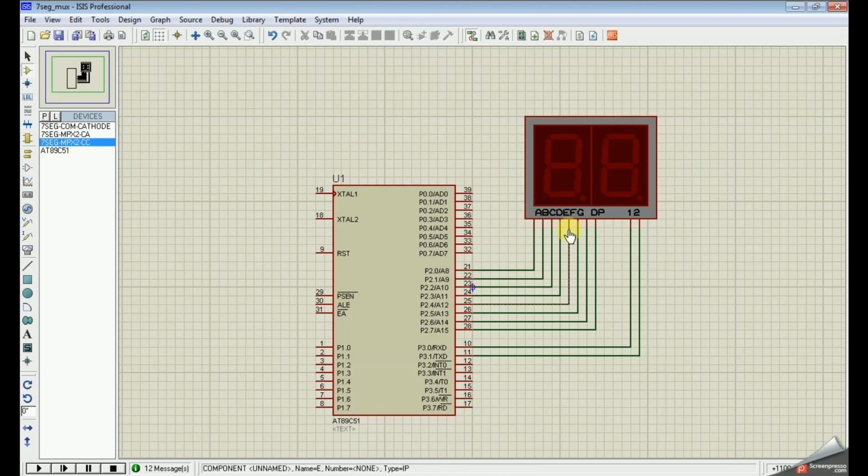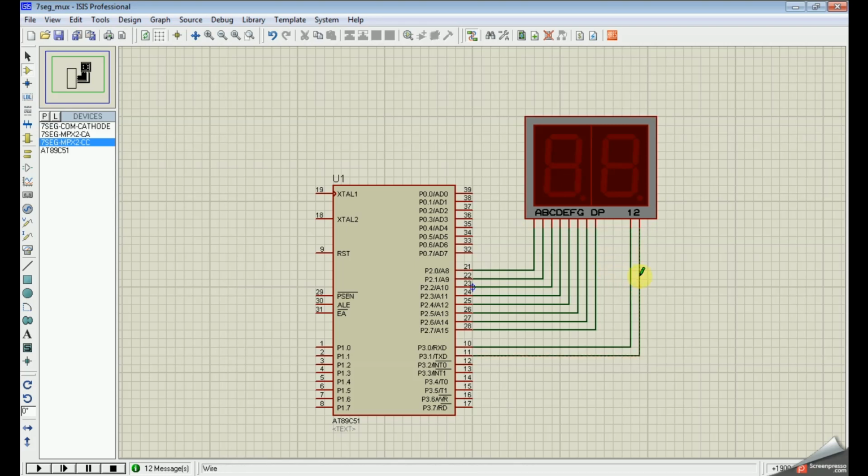So we are giving only 8 lines including the dot to interface these two 7 segments. Usually we need to interface as shown in the previous circuit for displaying 0 to 9. For a single display we need 7 terminals or 8 including the dot. Whereas interfacing using the multiplexing concept, we require only the same 7 or 8 lines to interface the 7 segments.